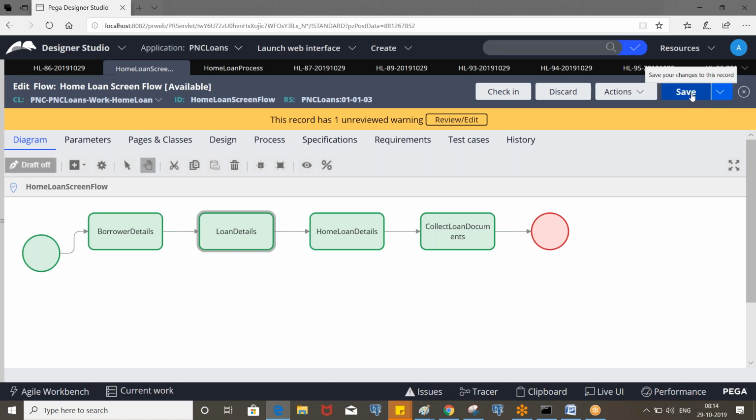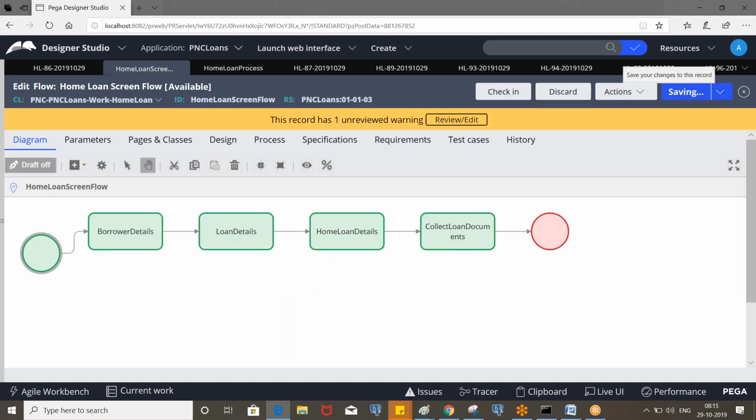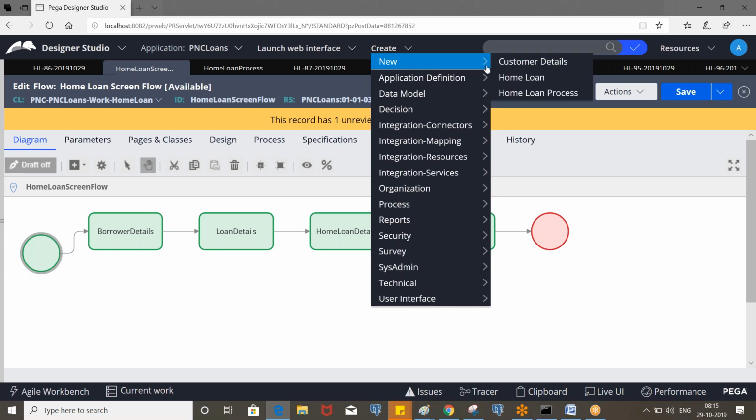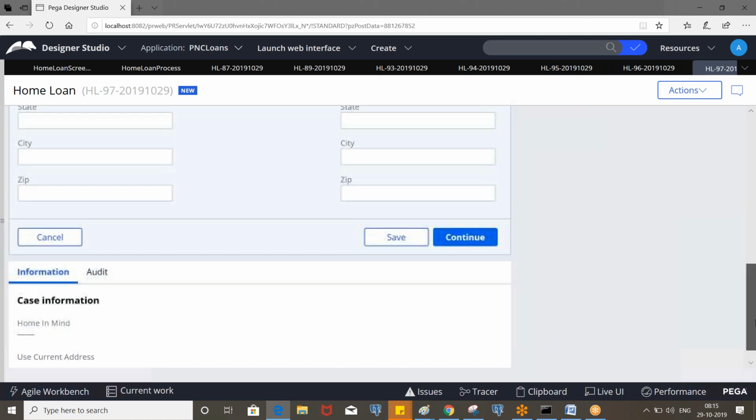Okay, and we have one more harness, that is perform screen flow. It looks like a normal flow, but there will be some little difference. It looks normal, right?